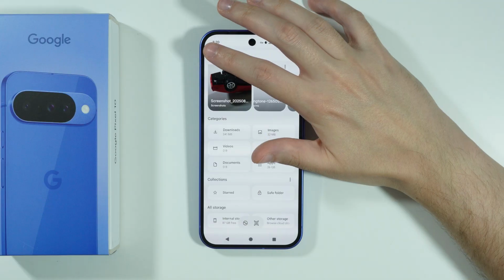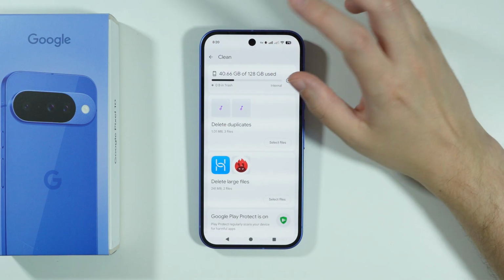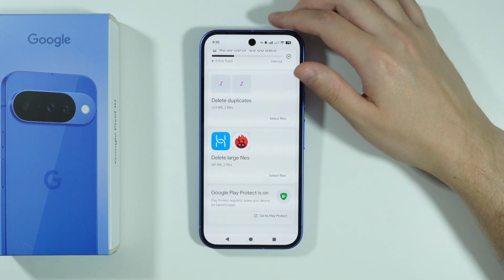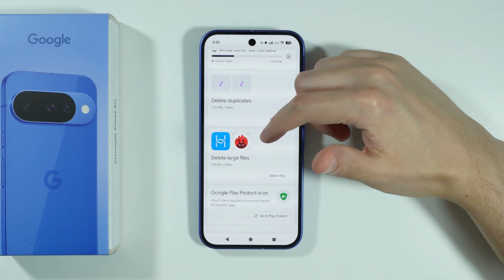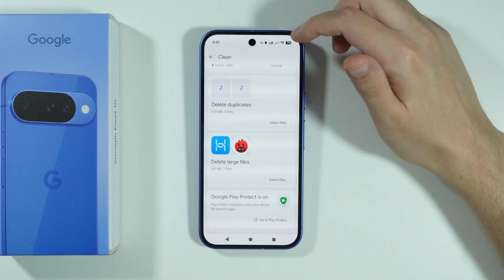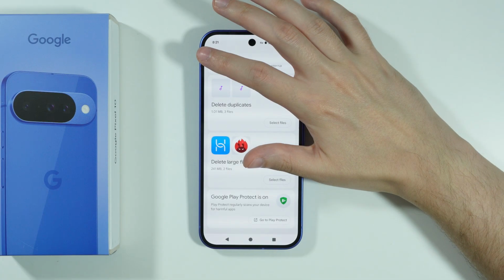these three dots in the top left corner, and then over here we have the clean option, which can give you a smart summary. Well, I call it smart because we can see duplicates, we can see large files, and so on and so forth. So this can be quite useful as well. So if you have no idea what you can get rid of, you can just try to use these options